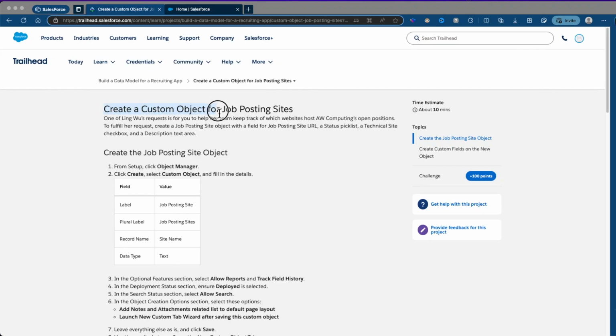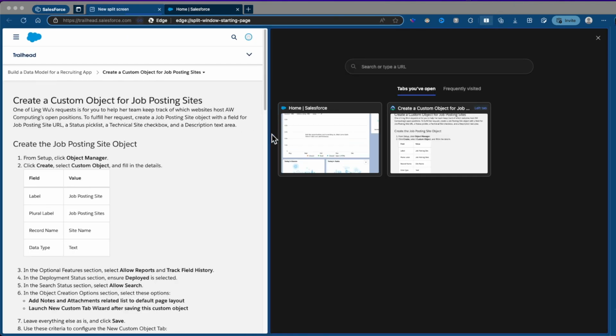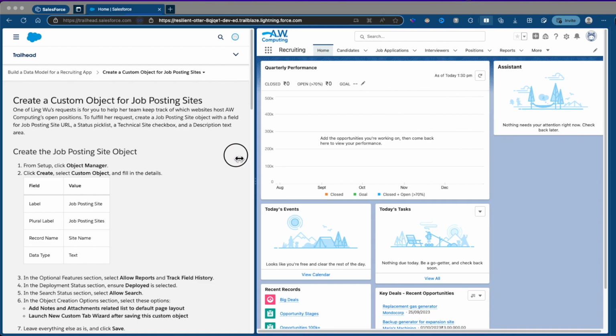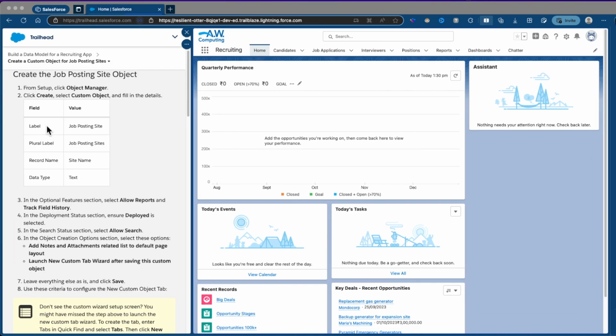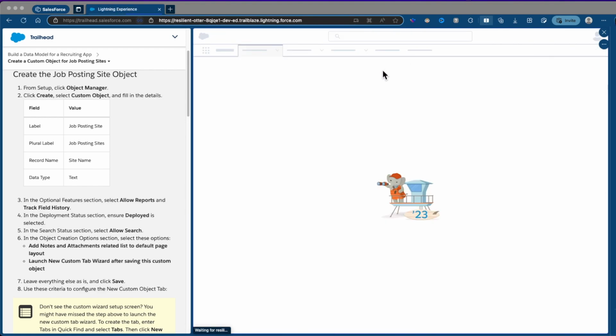Hello guys, in this video we'll be creating a custom object for job posting sites. This is the second video in the data model for the recruiting app. In the first video we created a custom object for reviews, so it's going to be mostly a similar video. To create an object, let's jump into our setup